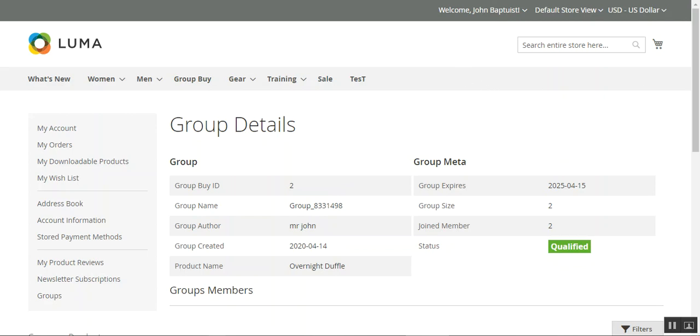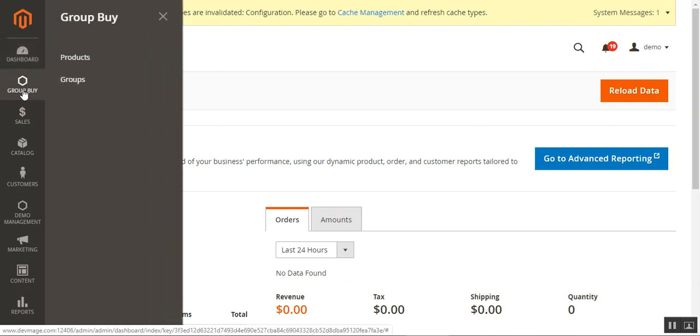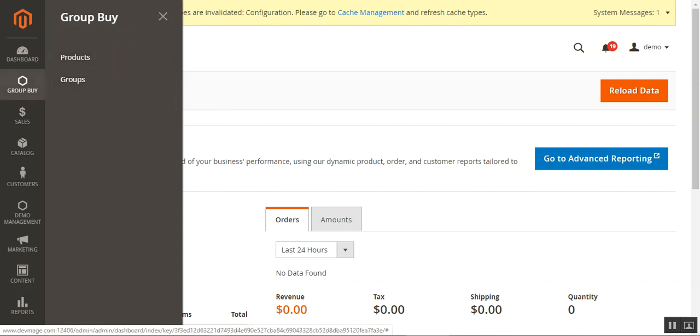So now let me go ahead and show you the backend configuration settings. So I'll go to the dashboard, and after you've installed this particular module, you'll have this group by option on the side panel. Tapping that brings up the products and the groups. So let me open the product section and the group section. Under the product section, basically